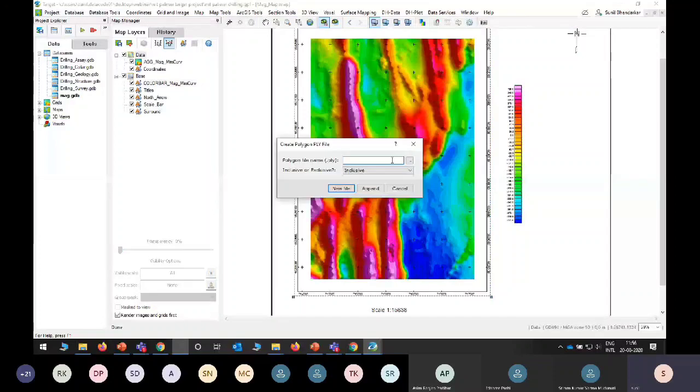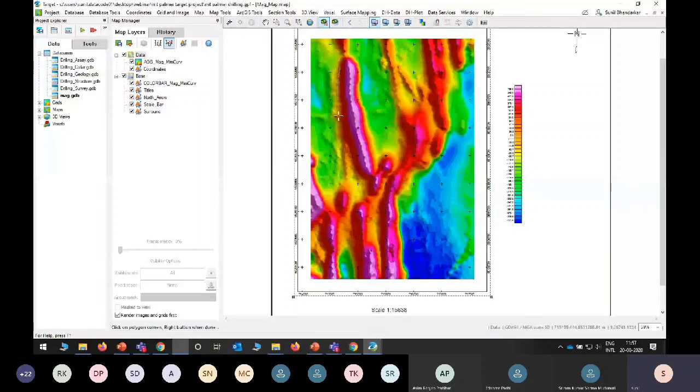Now, because this is the very regional area, I want to select some portion of possible area for getting a deposit or mineral formation. So accordingly I need to demarcate some area. So by using the polyline tool I can do that. Potential area, new file. Okay, so now I need to just draw a polygon accordingly, so that I can select.